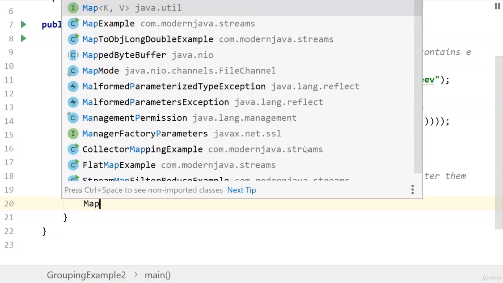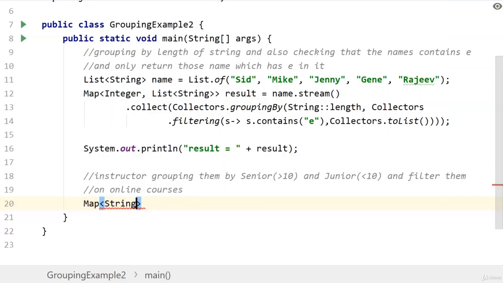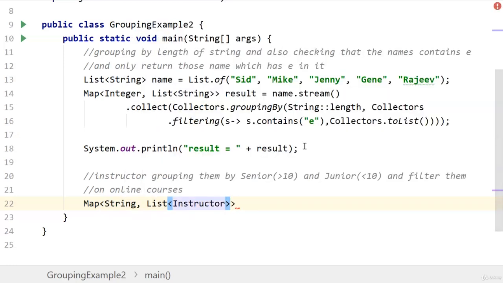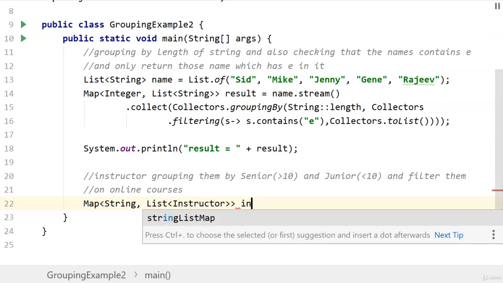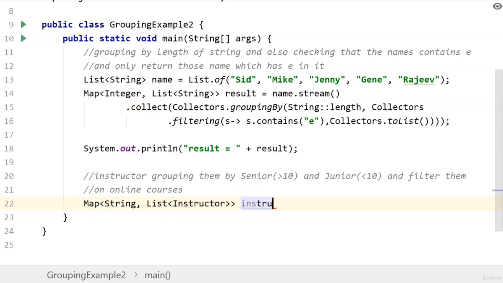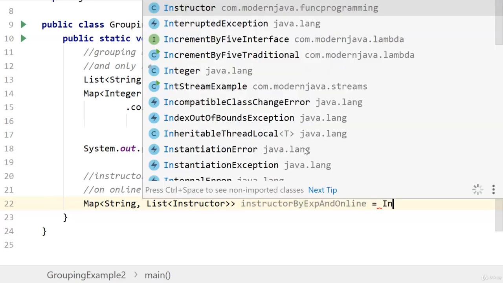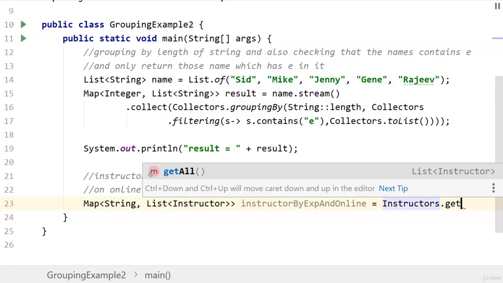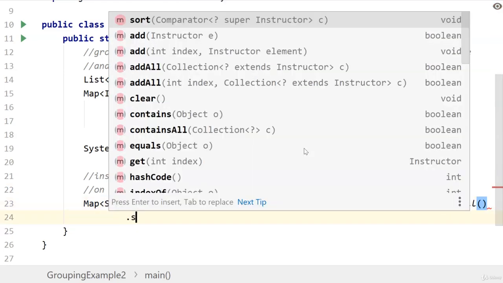So it will return a map of a string and a list of instructor, and we'll call it instructorsByExperienceAndOnline, equal to instructors.getAll().stream()